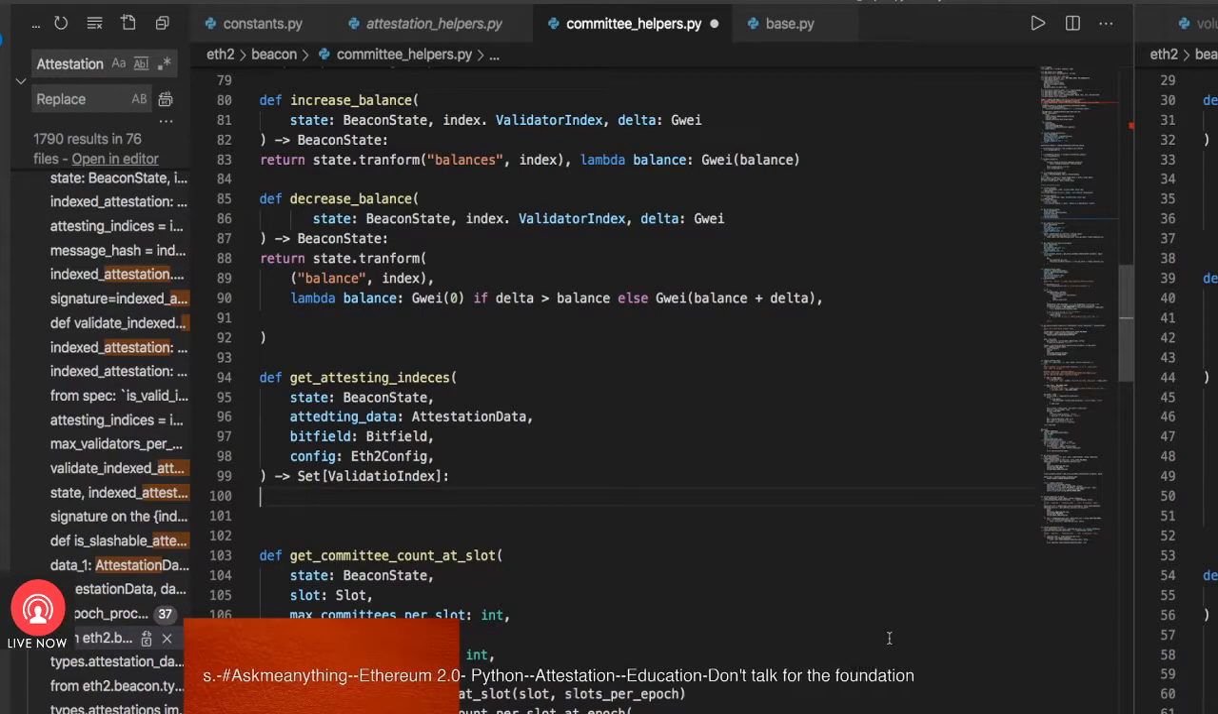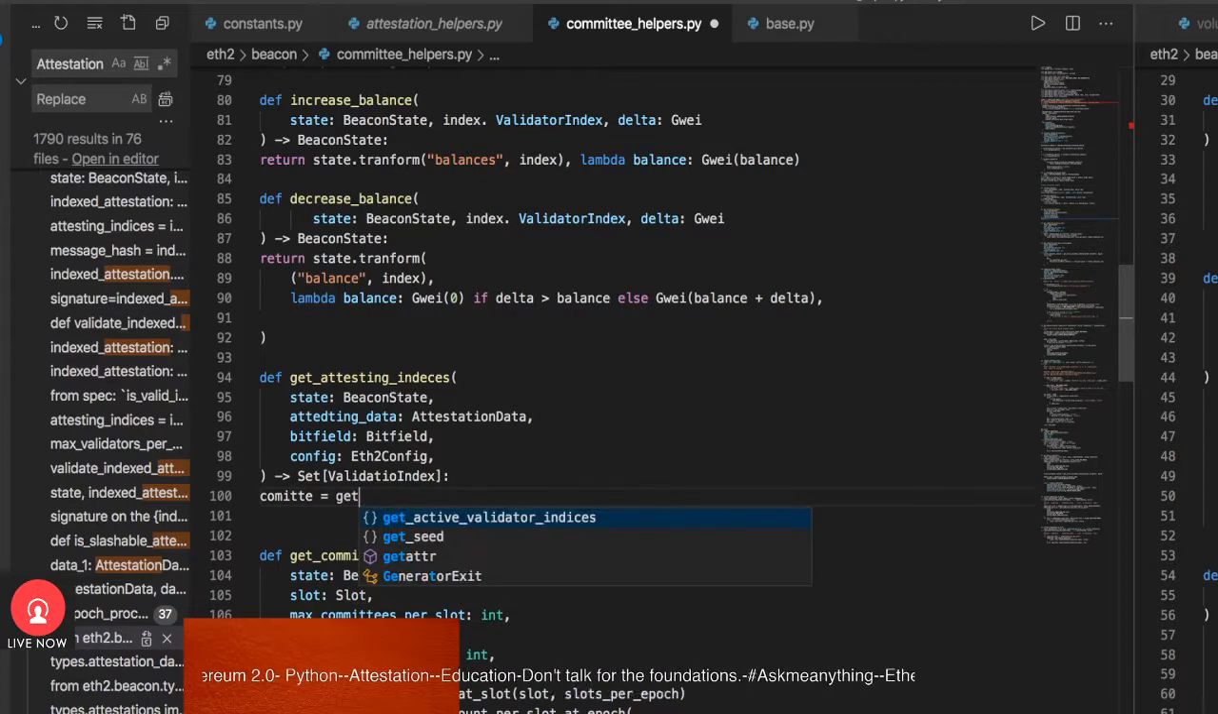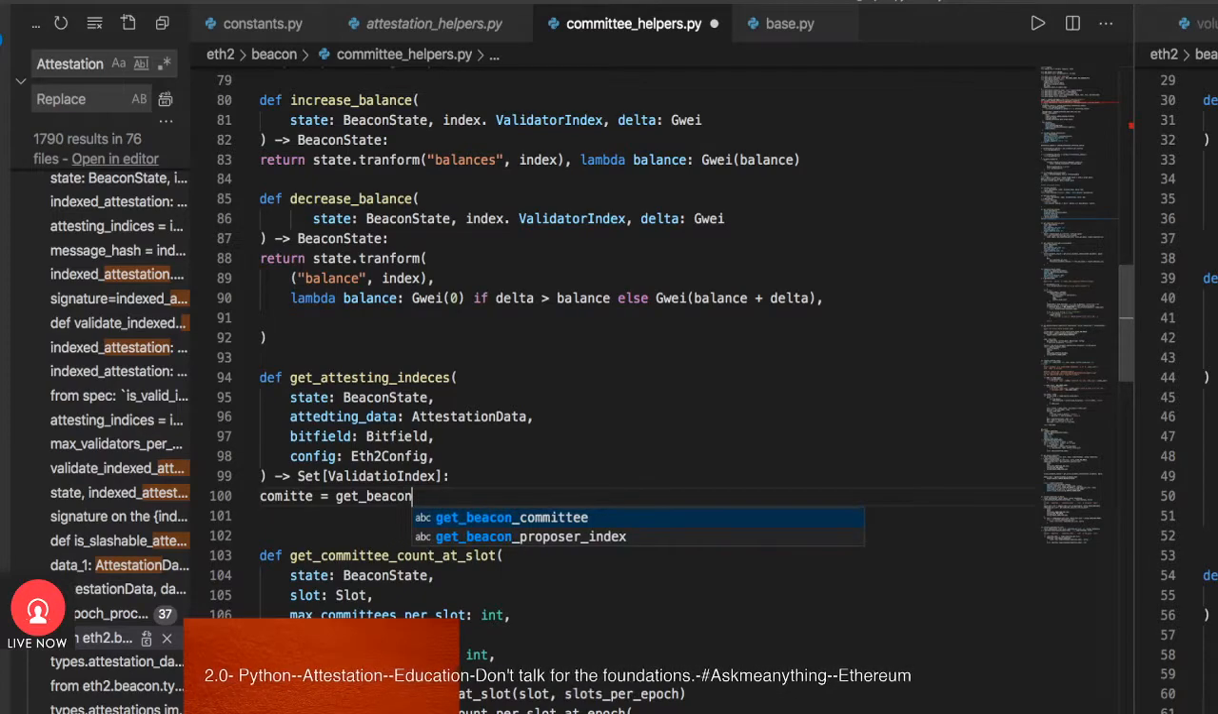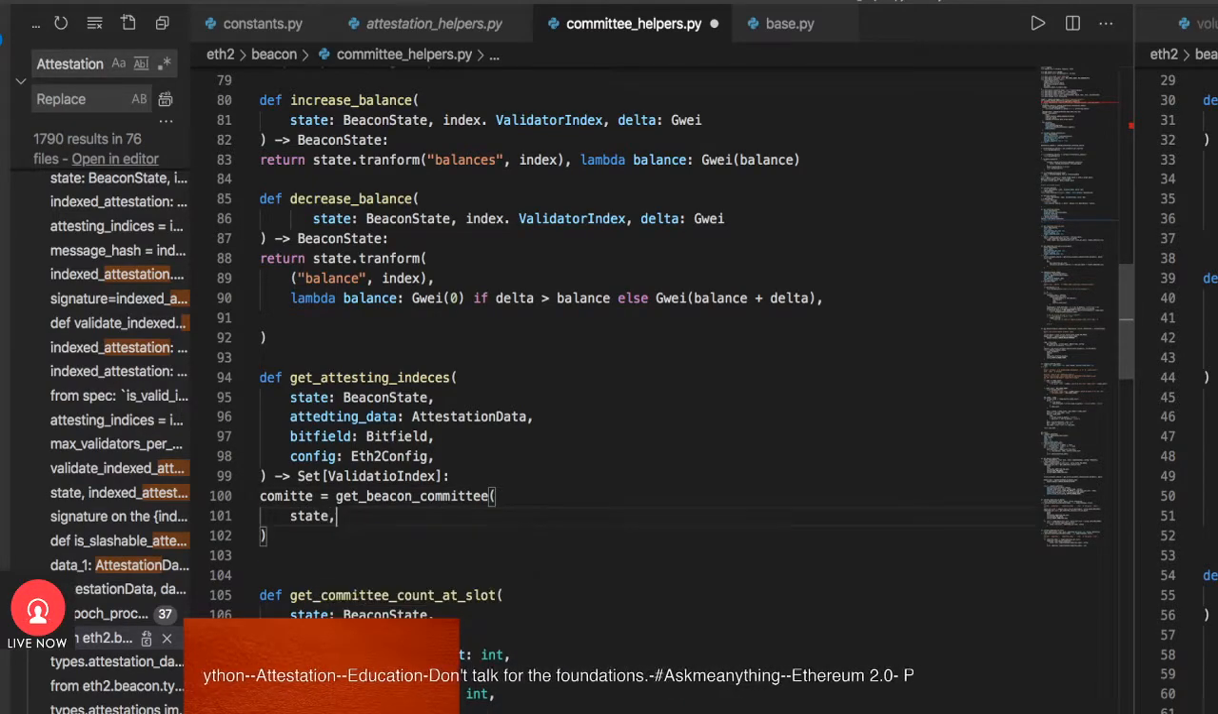So the commit will be to get a beacon commit of the state. This is the part where you connect the beacon state with the shard chain in phase 0. I mean, you need to make this attestation thing, forget the beacon commits. So it's all about the